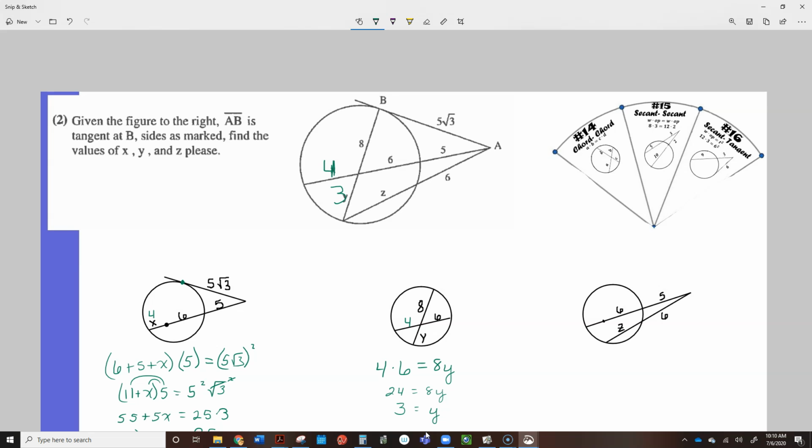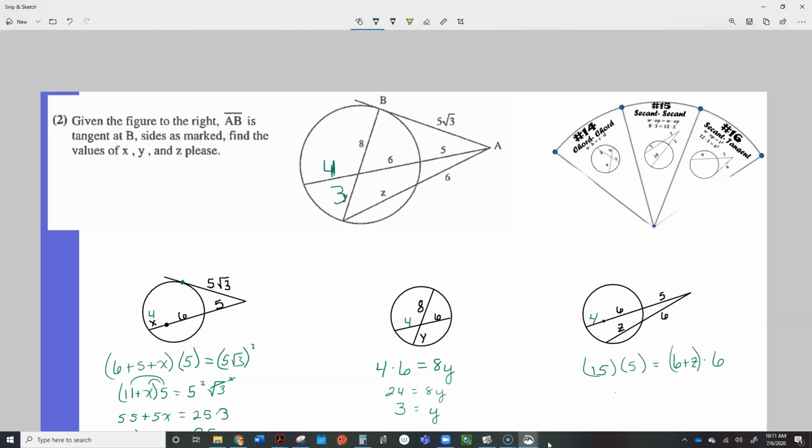And this piece over here was the piece that I marked 4. Okay, so now when I'm finding part z, z is going to be this one right here, secant times secant. It's the whole length, the length of the whole thing, and the length of this whole thing is what, 15? 6 plus 4 is 10, 10 plus 5 is 15. The whole thing times the outside part. So 15 times 5 is going to equal the length of the whole thing. Well, that's 6 plus z. That's the length of the whole thing times the outside part. So 15 times 5